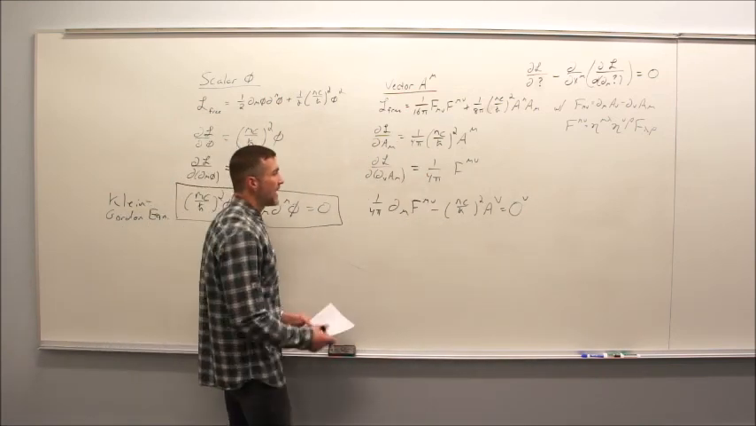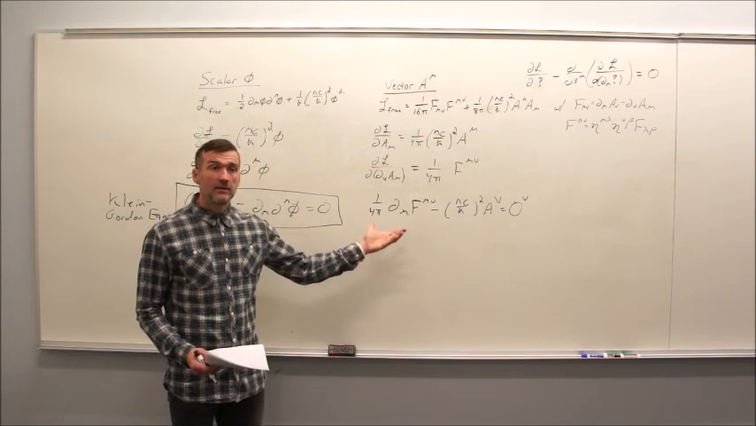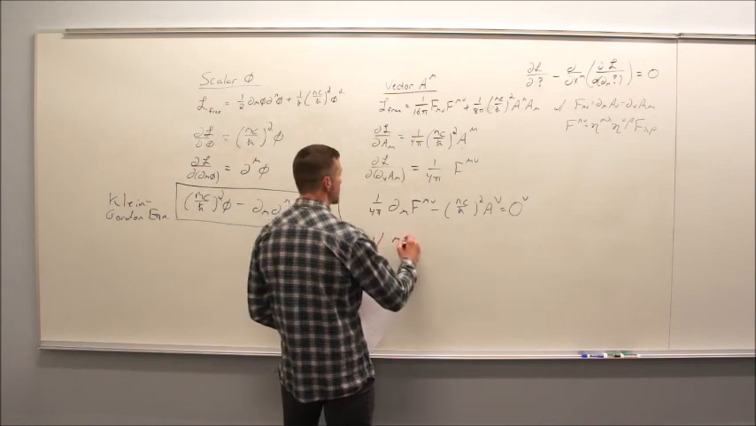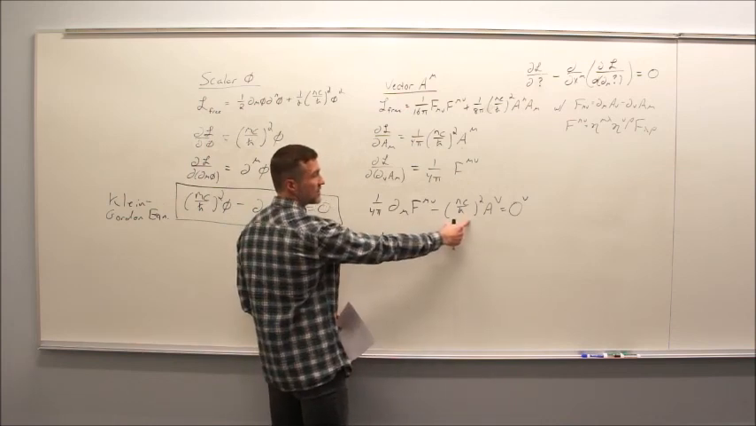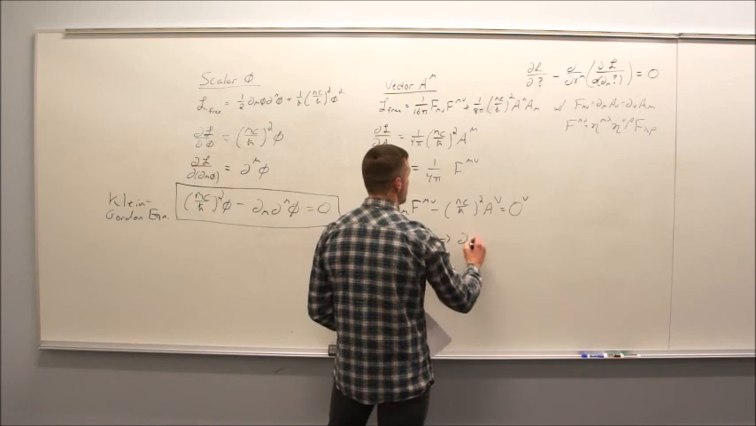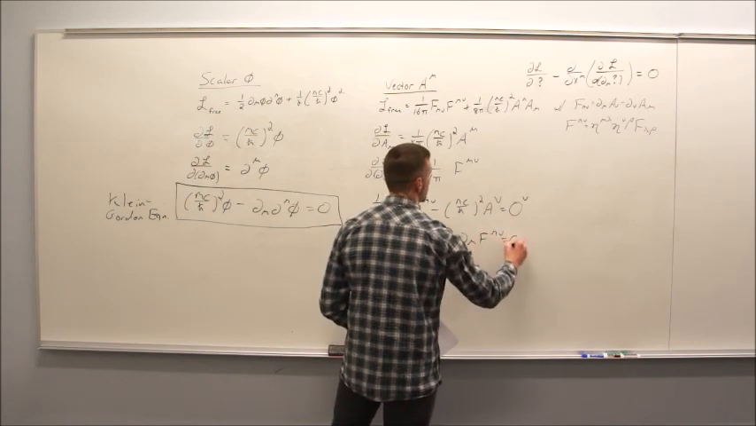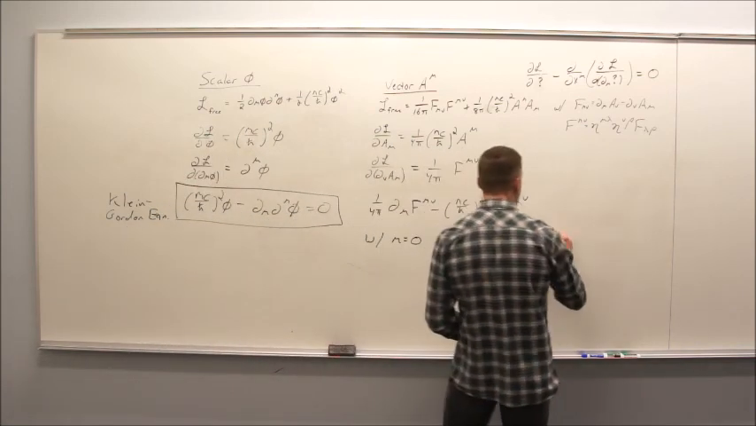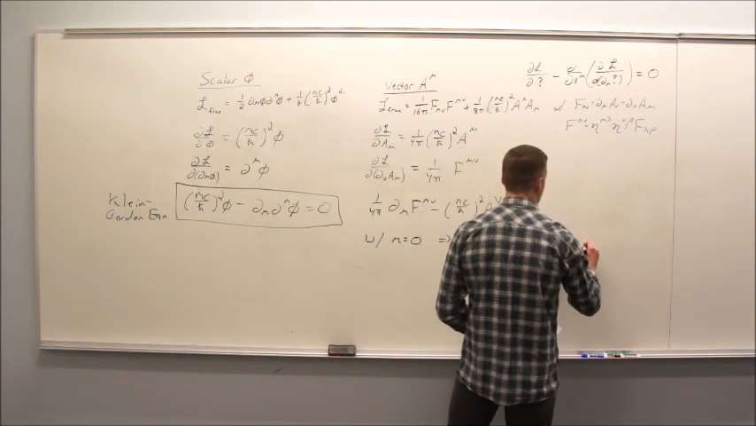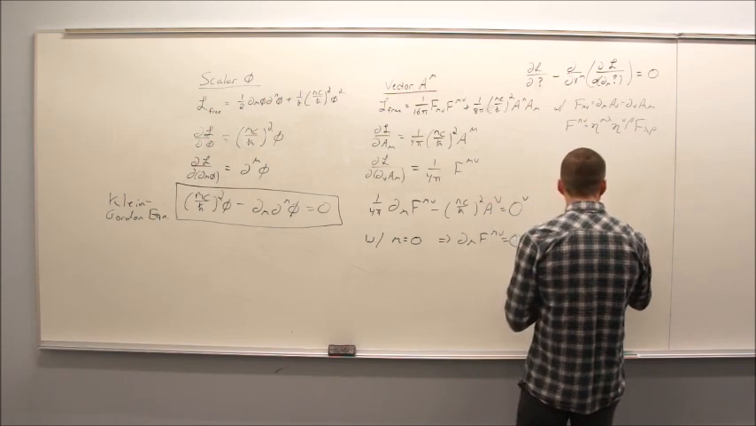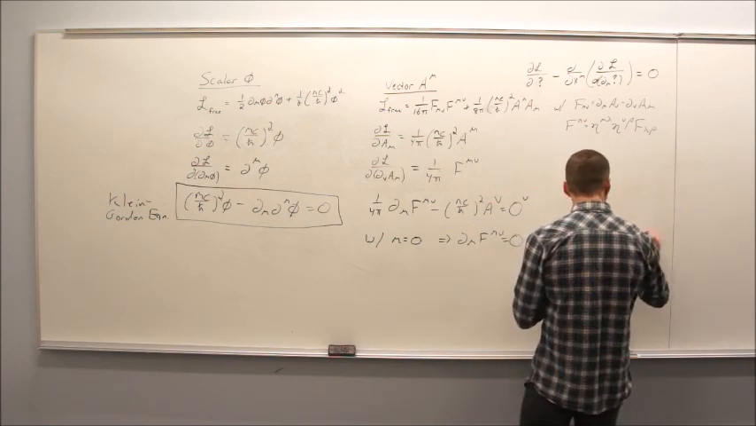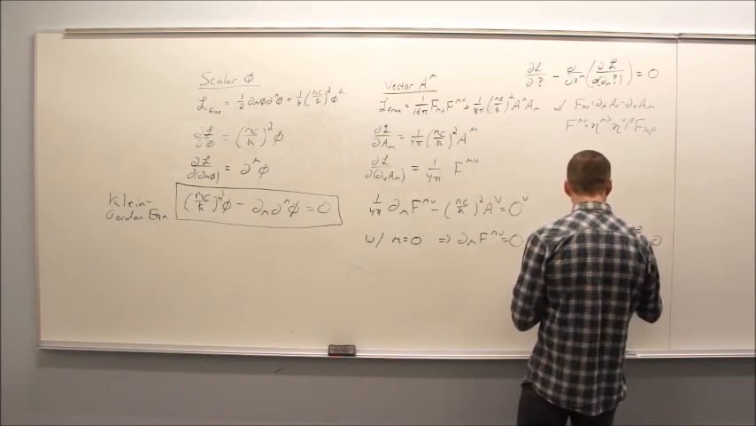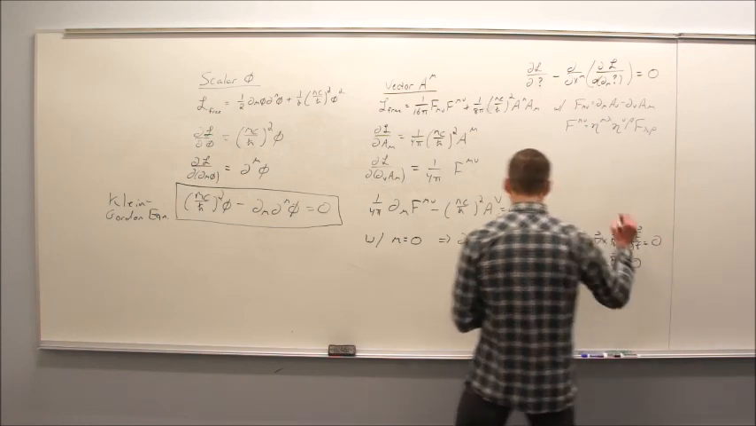Okay? And we recognize that with m equals 0, if this term is 0, then these just become d mu f mu nu equals 0, which is Maxwell's equations. Well, it's half of Maxwell's equations. In particular, it's del cross b minus partial e partial t equals 0, and del dot e equals 0, where